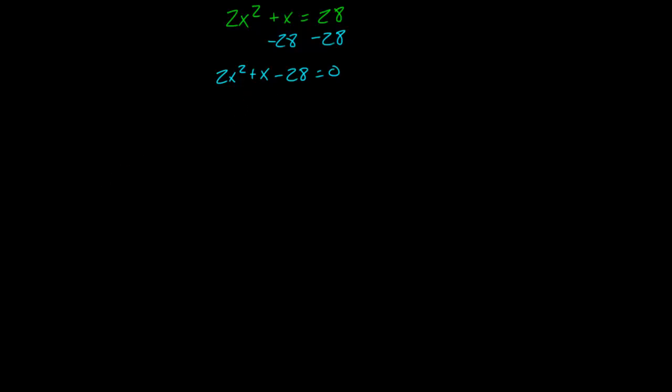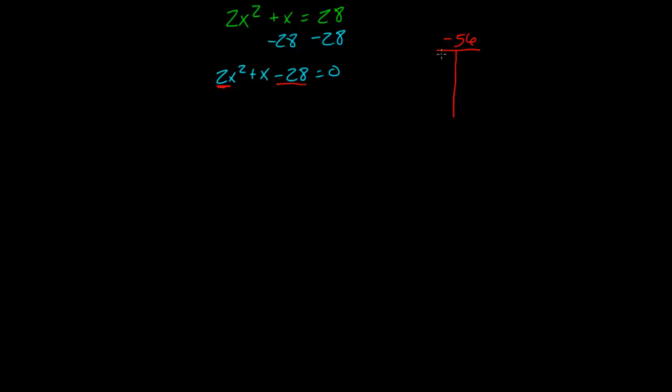Now, at this point, we're going to take whatever is with our variable squared, 2, and then we're going to take whatever does not have a variable, 28. We're going to multiply those two numbers together. It will get you negative 56. Take it, draw your little chart just like that. We'll put a little T underneath it. Now we have to find two factors